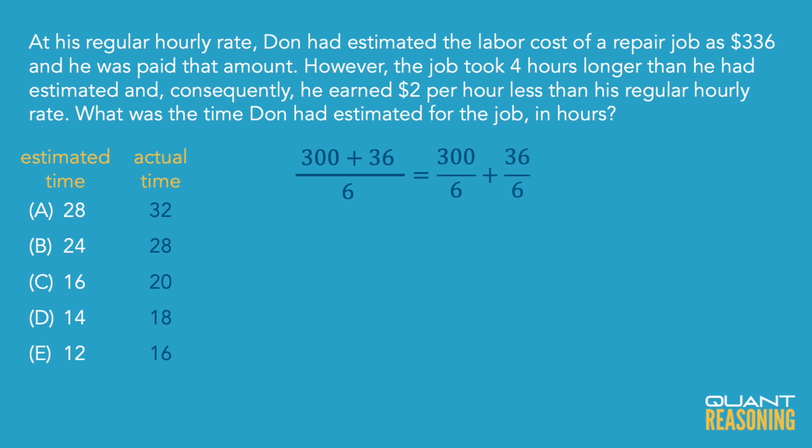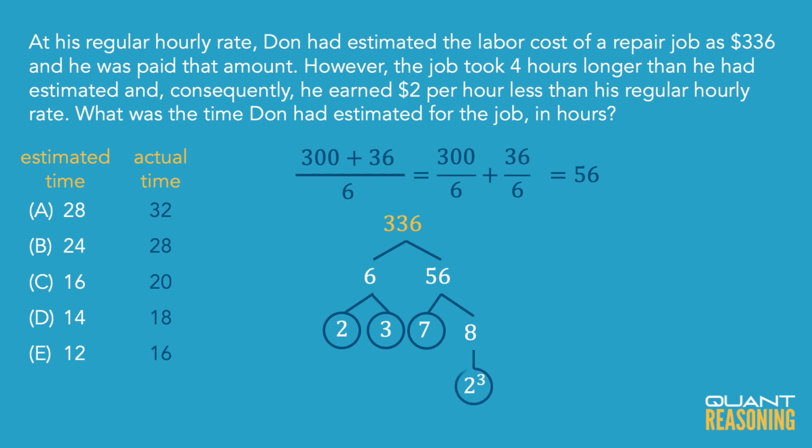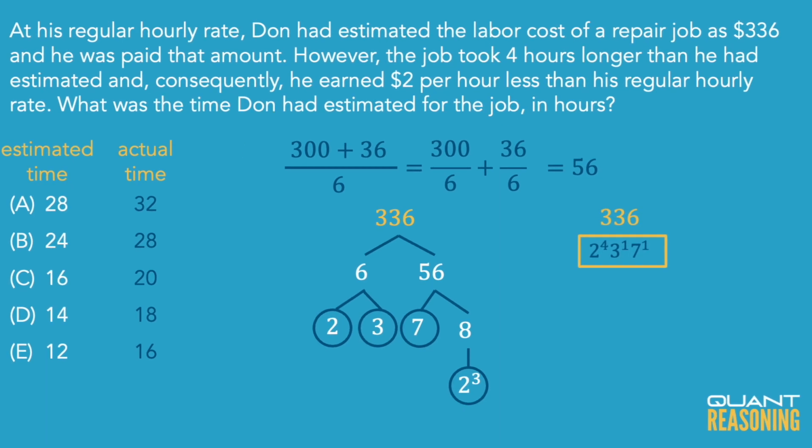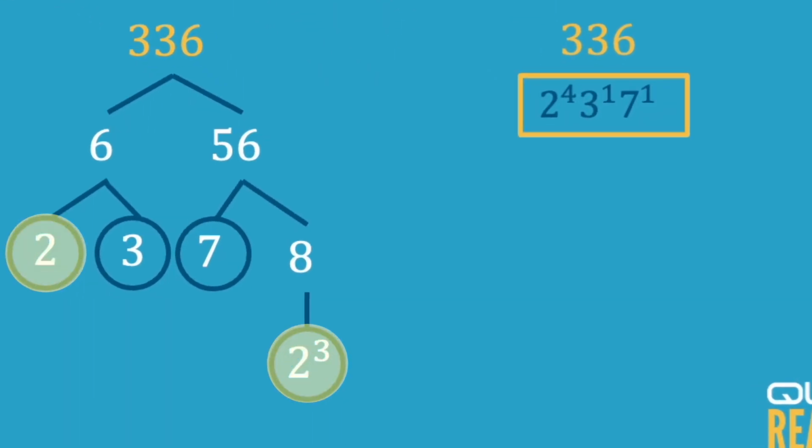336, each of those is a multiple of 6, so we can pull 6 out as a factor, and we're left with 56. Right? 336 is 6 times 56. Now 6, of course, is 2 times 3, so I'll circle those because they're prime. And 56 is 7 times 8. 7 is a prime, so I'll circle that one. And 8, that's 2 cubed. Now I can circle that. And I have my prime box. 336 is made up of 2 to the power of 4, 3 to the power of 1, 7 to the